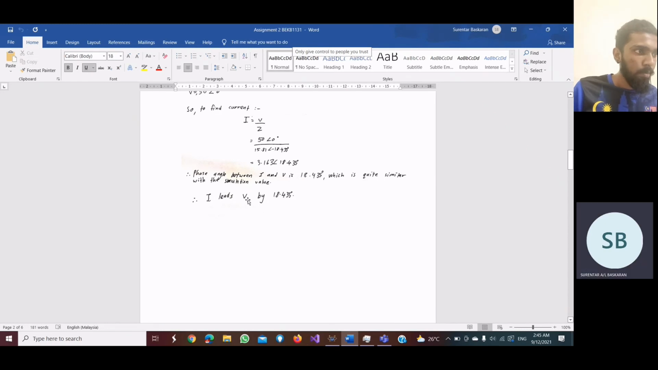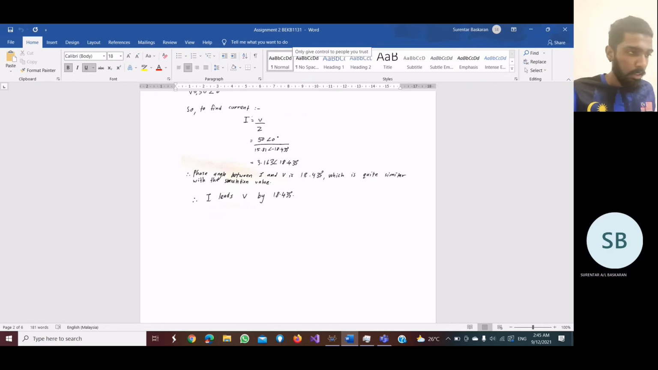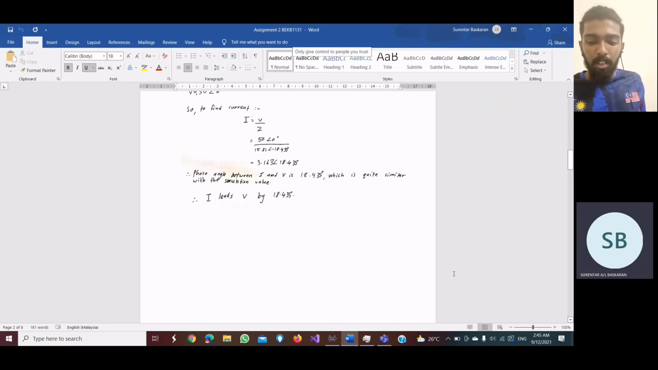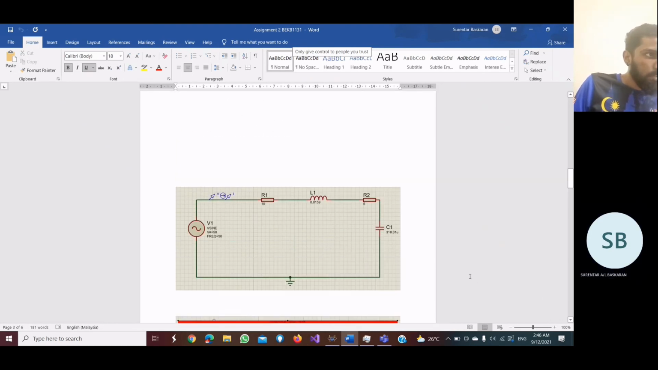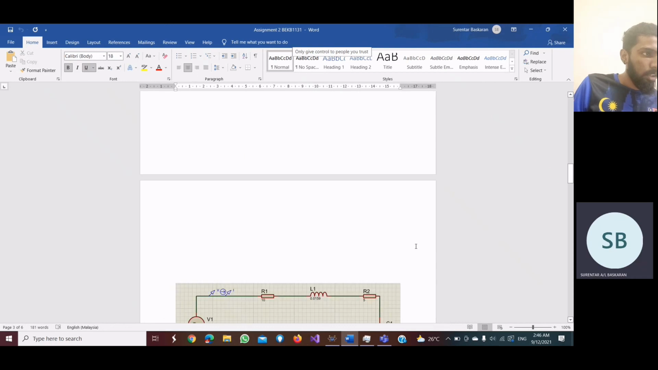Yes, I leads V by 18.435 degrees. This is not pure capacitance actually. Pure capacitance is 90 degrees, and pure inductance is 90 degrees too, plus minus, and pure resistance value is 0 degrees. So this is our calculation value,